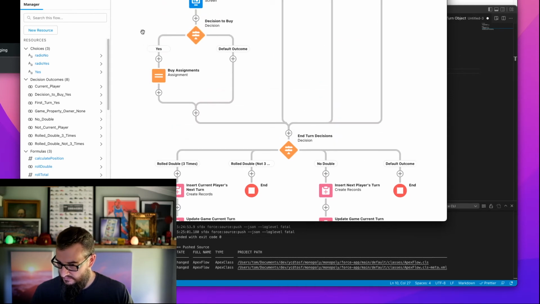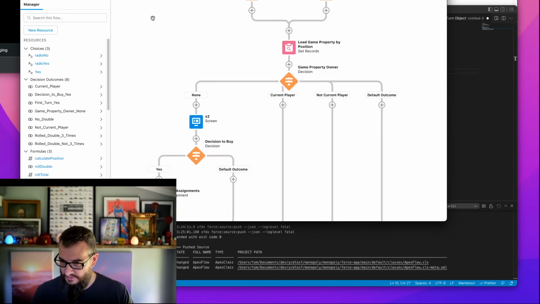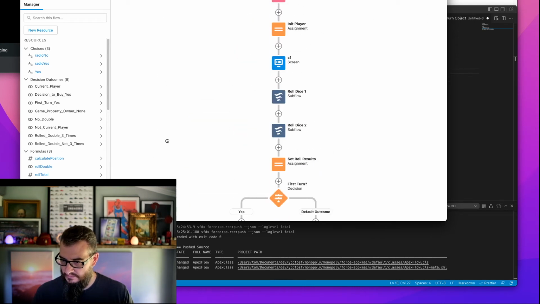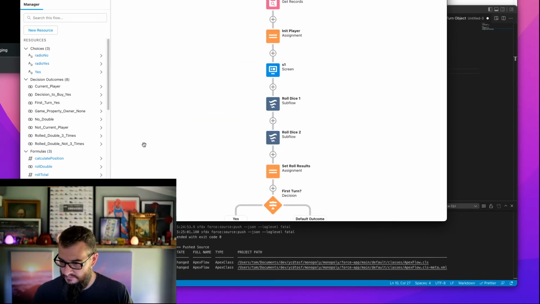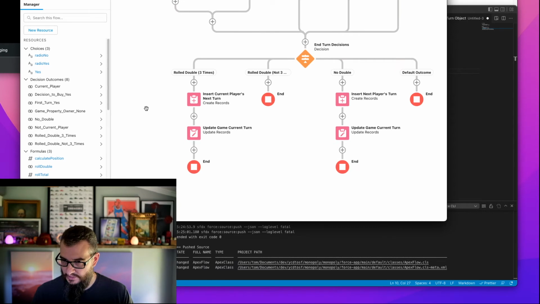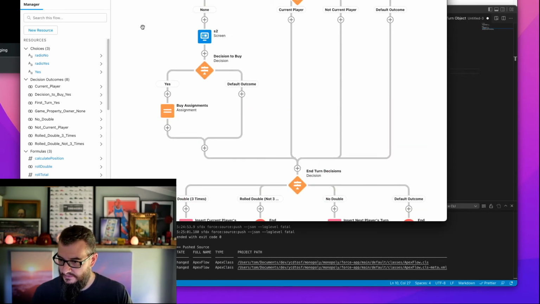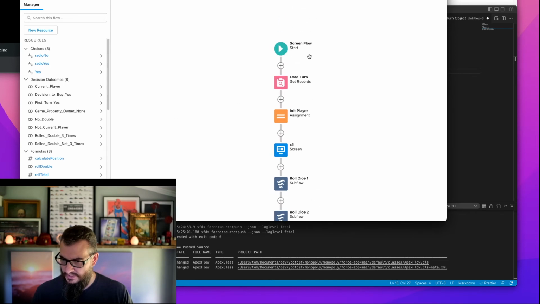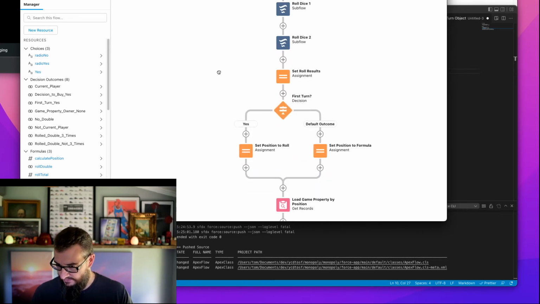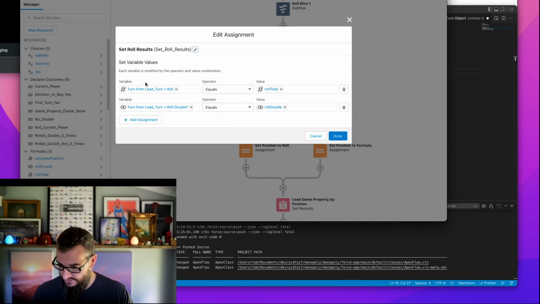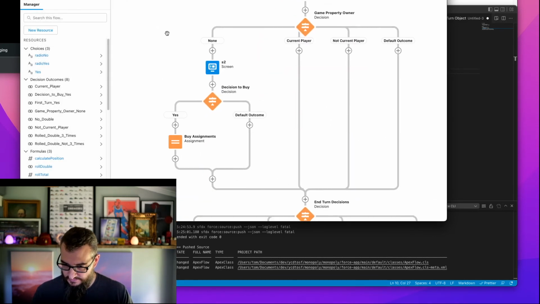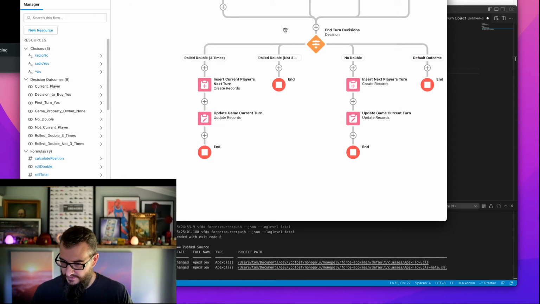We could probably, because our turn is loaded, we've also set some fields on it. So I feel like we could do that pretty early on, right? We can go up here. That's initializing the player. We set the roll results. Let's be very explicit about this. I almost cheated there. I think what I'll do is down here say